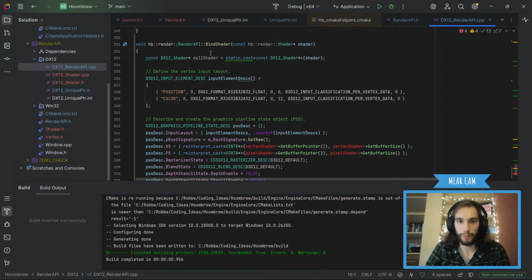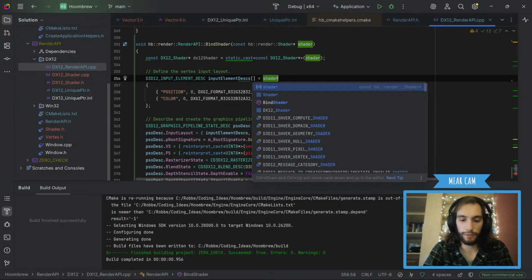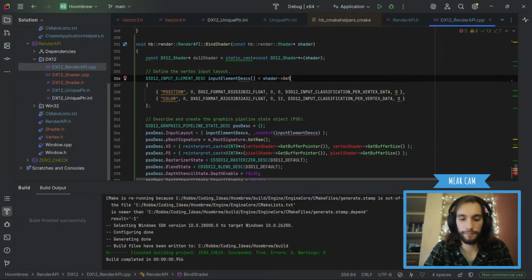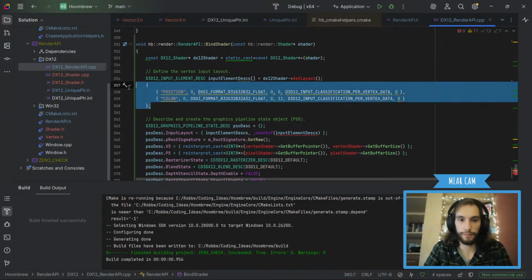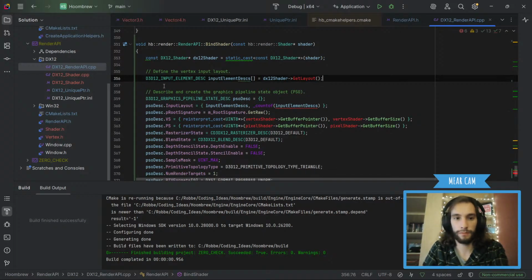Okay, so we got this DirectX 12 shader. What we're gonna do is input element description is gonna be shader.getLayouts. Boom. DirectX 12 shader.getLayouts. So we're gonna get rid of this.